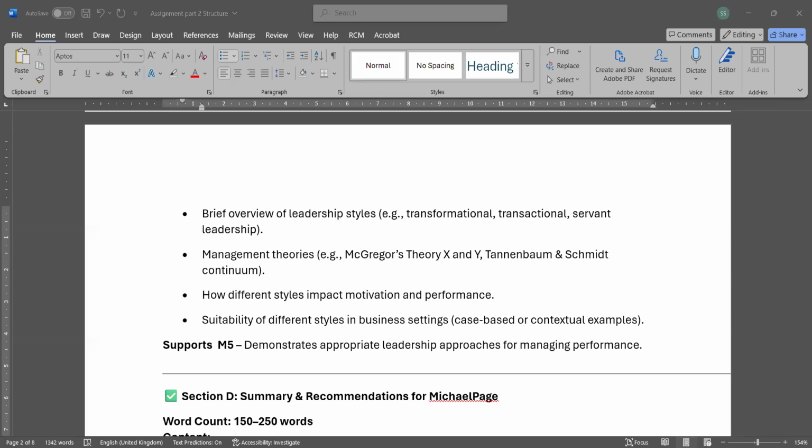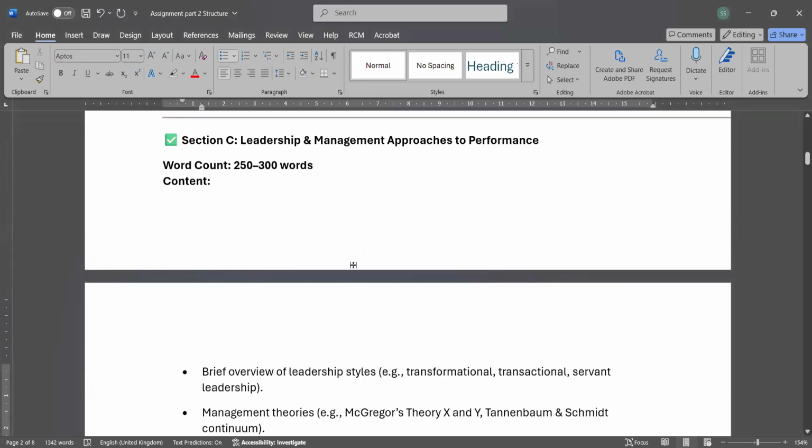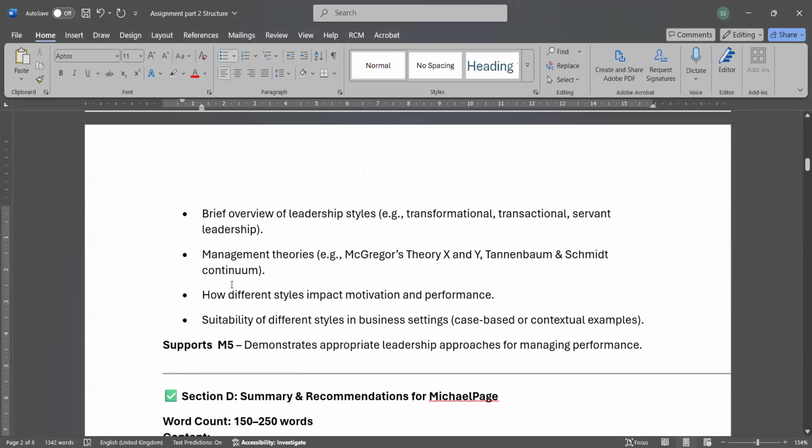Okay. So in this part, you are not just explaining and giving the overview, but you also have to give some kind of test. Yeah. So when we talk about this, maybe you are talking about how different styles impact motivation in the organization. In this assessment, we are talking about the positive side of any of these management or leadership styles and management theories, and what are the negative sides of these theories used in the organization on the motivation and performance of the employees and organization.